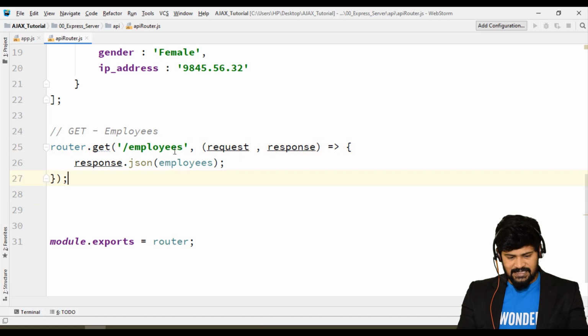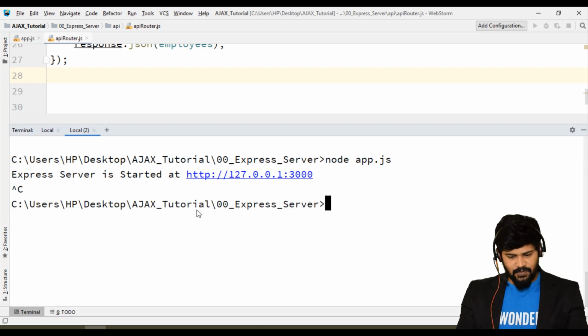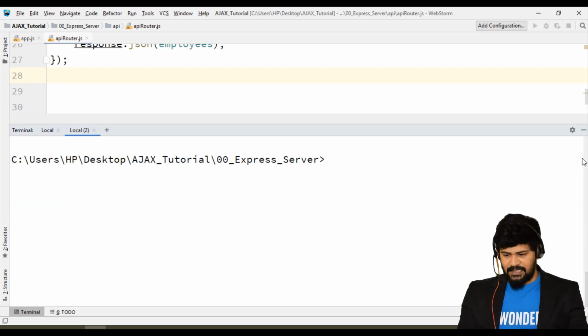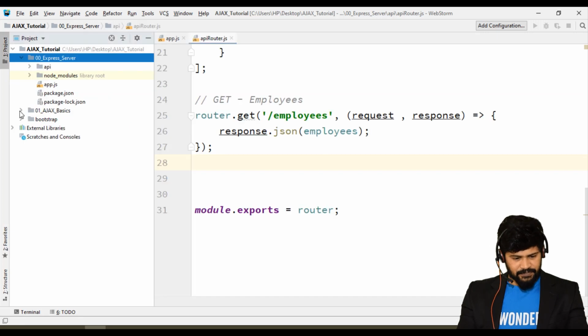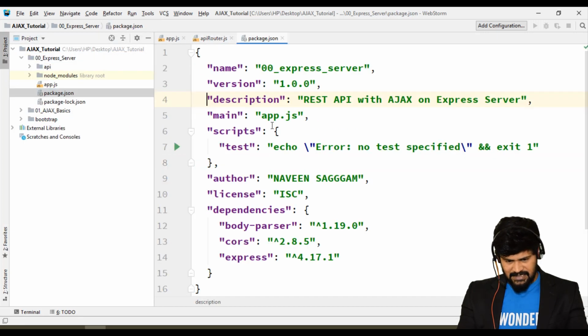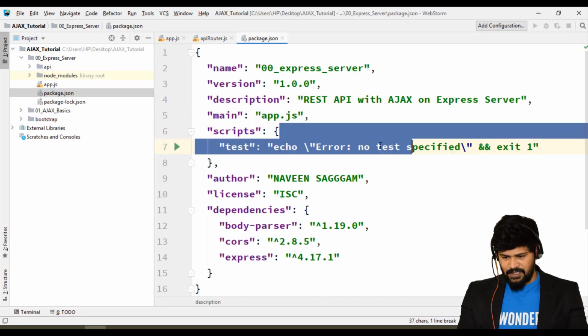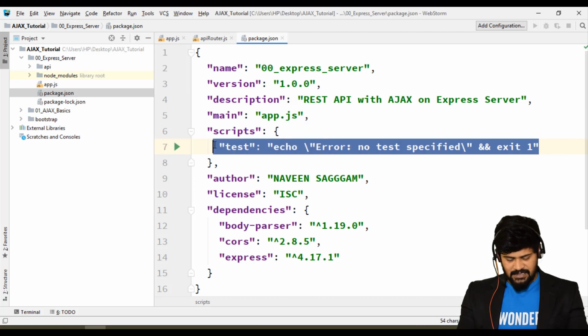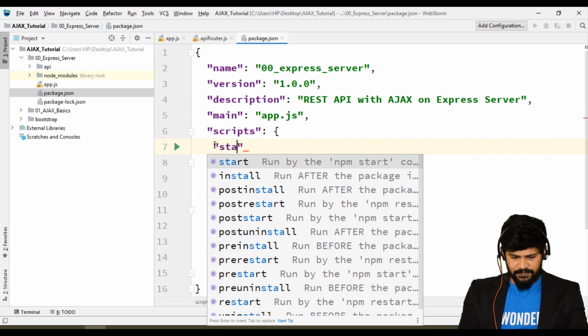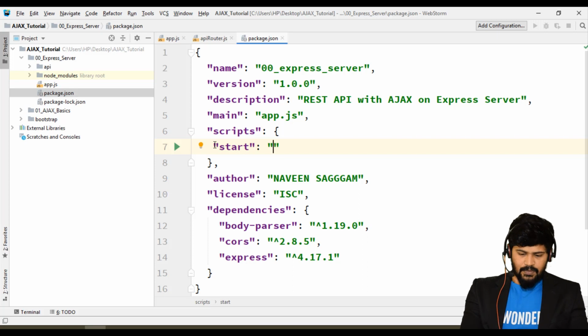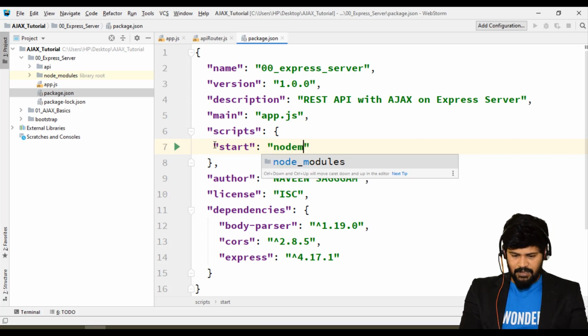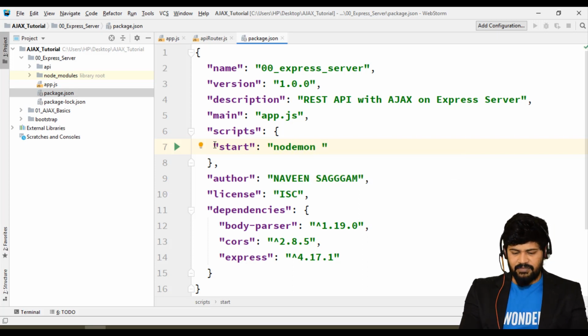Is this server giving me back data or not? So I have to restart the server. If you don't want to restart, I'll tell you one more configuration. Go to package.json. Let's make a new script, start script. What I'm going to do is nodemon, that automatically restarts the server.